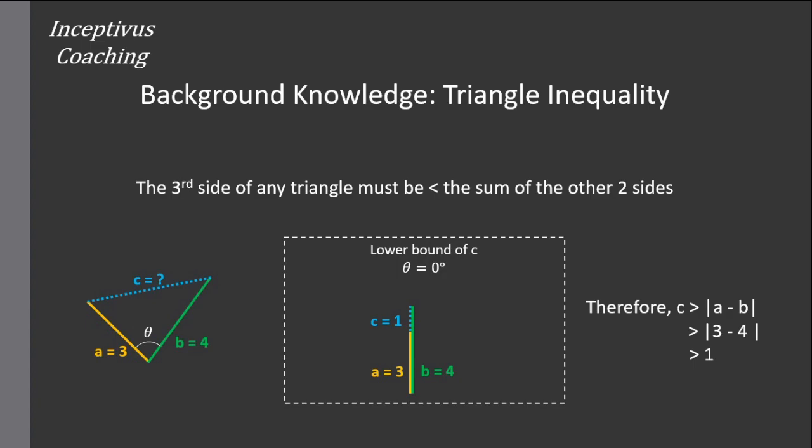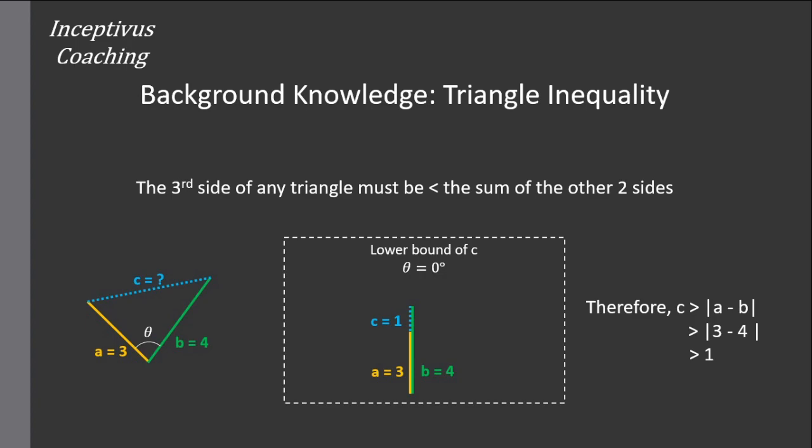So let's take the other extreme case of theta, the angle between A and B. Suppose theta is at the smallest possible value. Let's say theta is 0. That means A and B are going to overlap, side by side, and the gap between the other end is going to be 1 because that's the difference between 3 and 4. So if C were to close off this shape, C has to fill in this gap, take on a length of 1. And of course, the problem with this shape is that it is a flat line and doesn't have